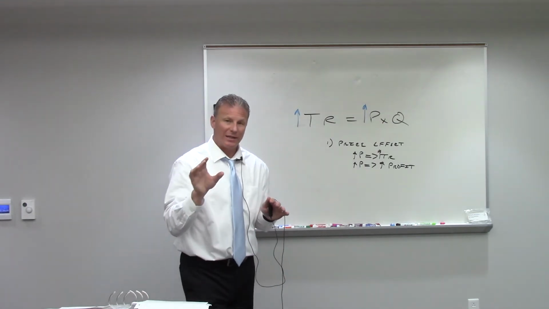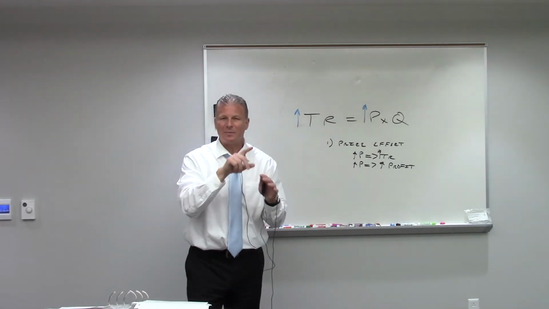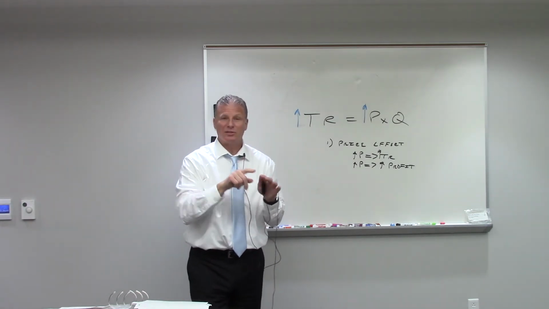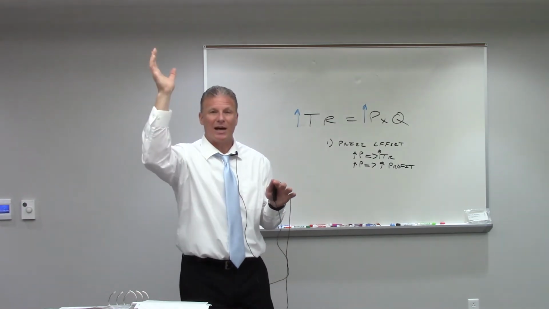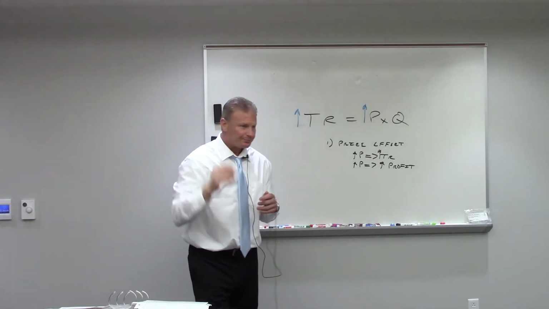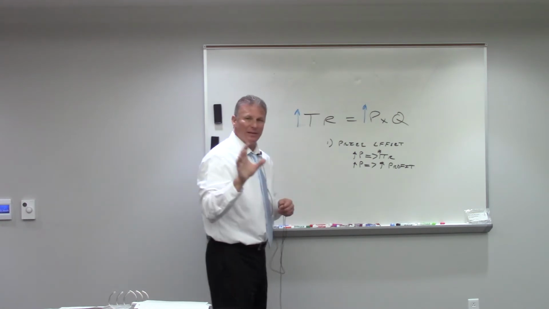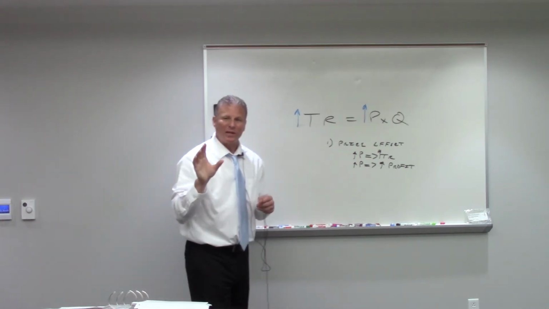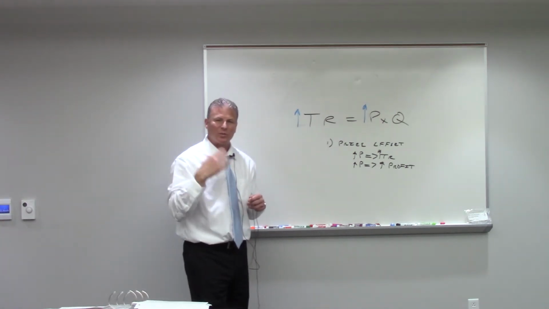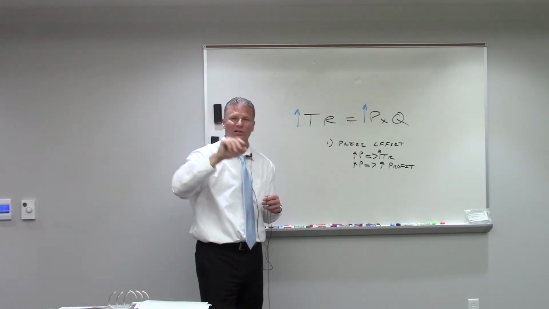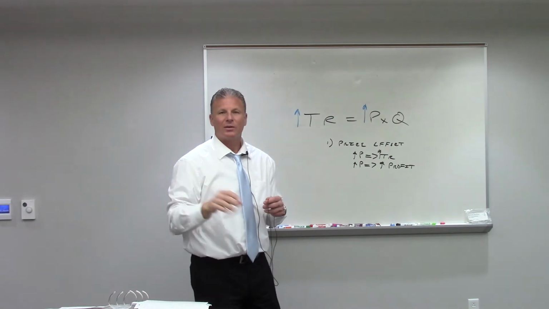Now you're probably thinking, wait a minute, I remember you drawing that average variable cost that pulls up your average total cost over time. But the real effect is much more subtle. When we first started looking at this, we had an average total cost curve and an average variable cost curve.